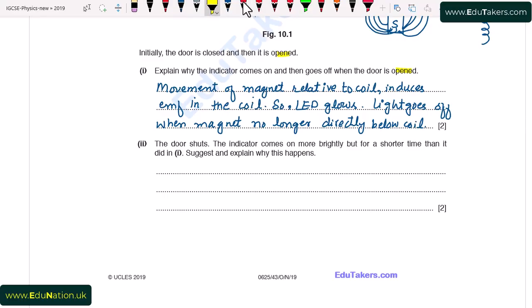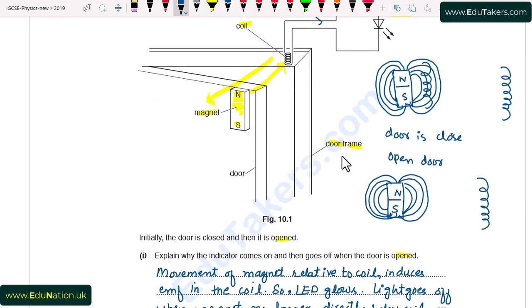Part 2. The door shuts. The indicator comes on more brightly but for a shorter time than it did in part 1. Suggest and explain why this happens. So here we have closed the door. That is the first condition. Here we also close the door and the magnet behaves like